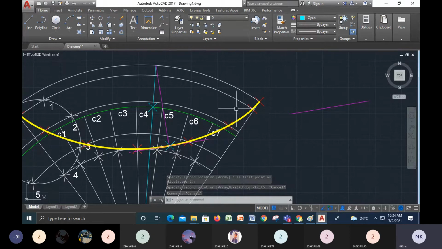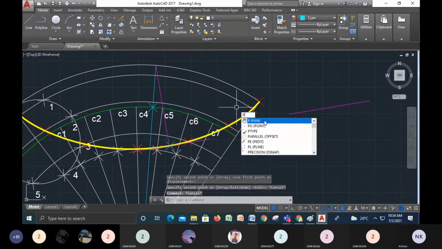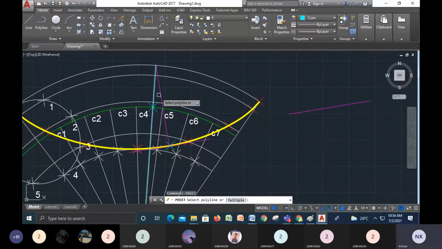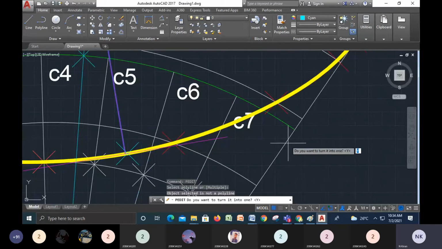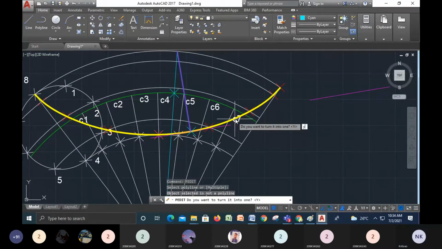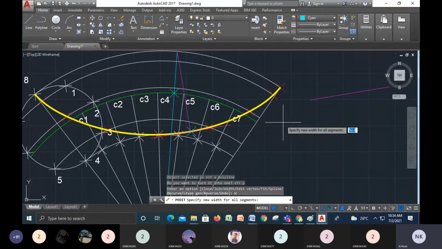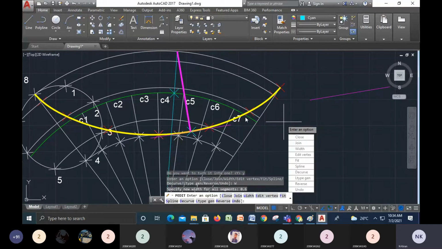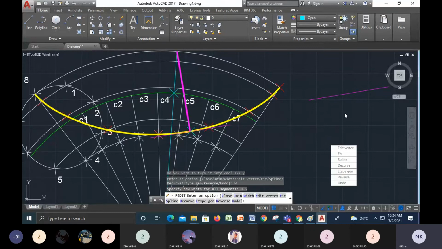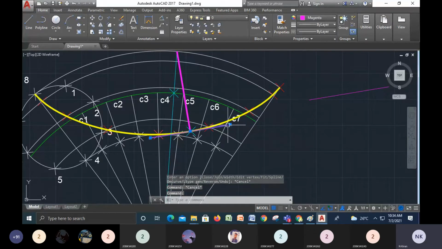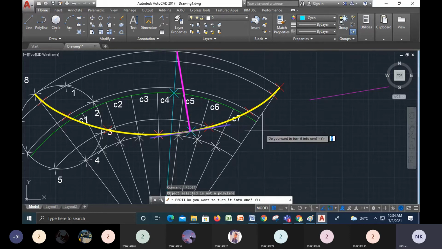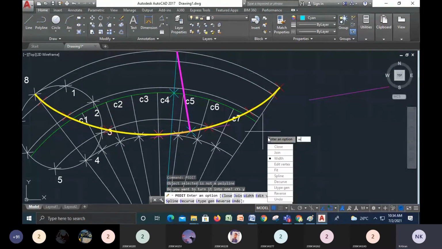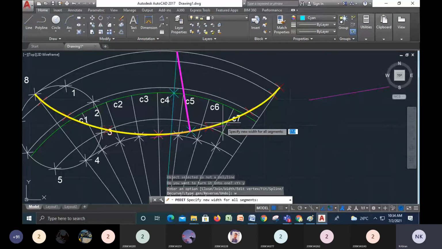Yeah, PEDIT, enter. This is your line and this is your line which I want to increase. Do you convert into Y? Yes, enter, and width 0.6. This is your normal, and here also you can PEDIT. Instead of doing it later, if you do PEDIT when you draw the tangent and when you copy, it will be easy for you. Y enter and width, W enter. Select the object.